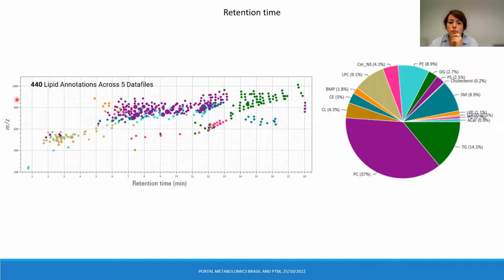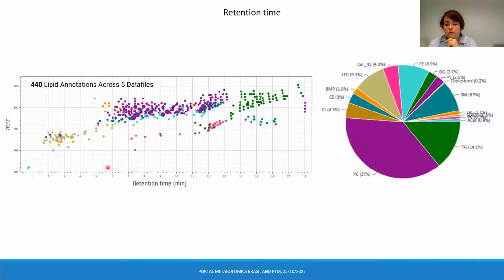The easiest way to use retention time information in a high-throughput way is to plot our m/z against the retention time, and then we can see our chromatogram formed not by a continuous line but through dots, where each dot corresponds to one lipid, and they are colored here by lipid classes. And this is the simplest way to visualize the data, and also the easiest and quickest way to find outliers in our